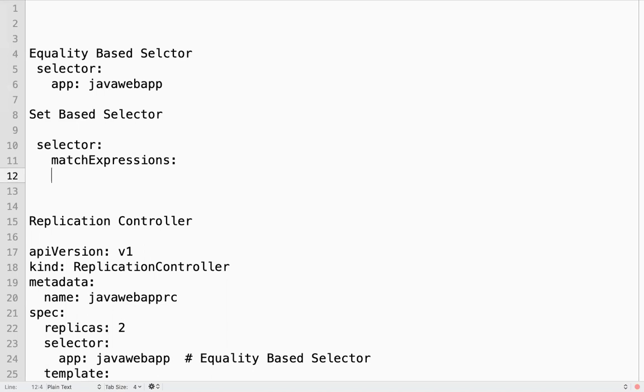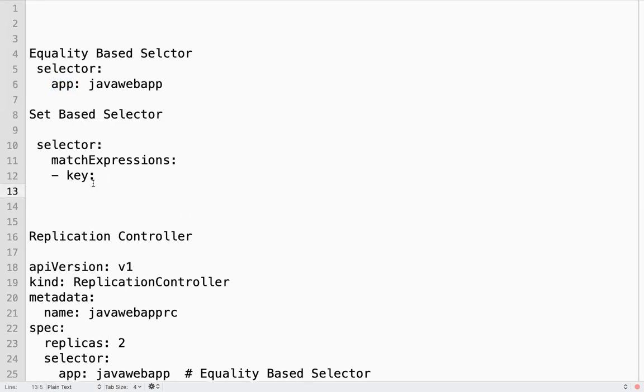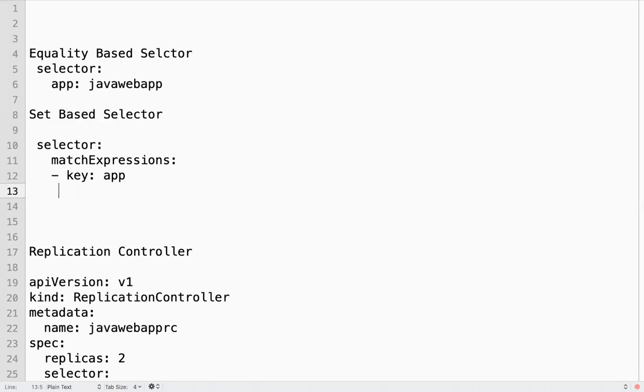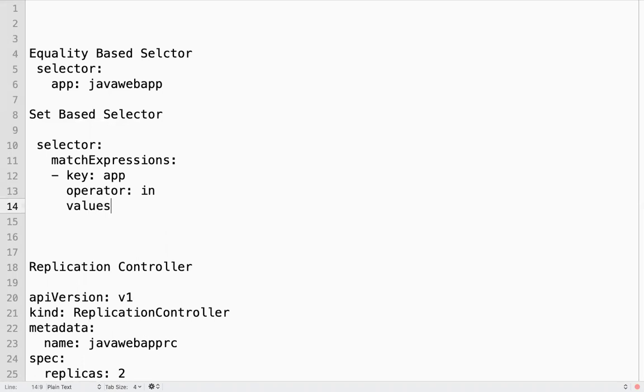Under this you give your label key, then the operator, whether you are using in or not in, and then values.